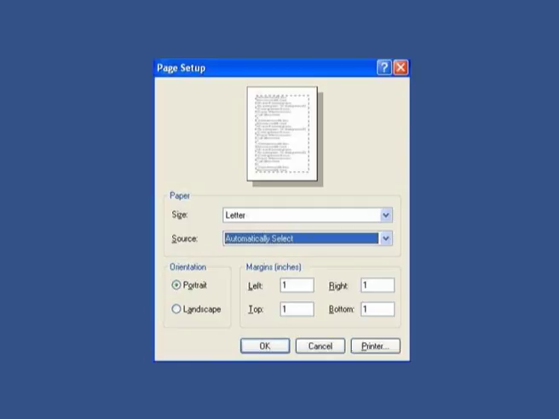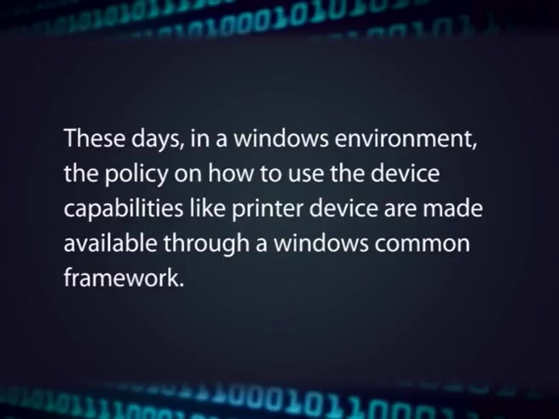You can also specify margins like top, bottom, left and right side. These days you might have seen in a Windows environment that the policy on how to use the device capabilities of devices like printers is made available through a Windows common framework, and the mechanisms are developed by the individual printer